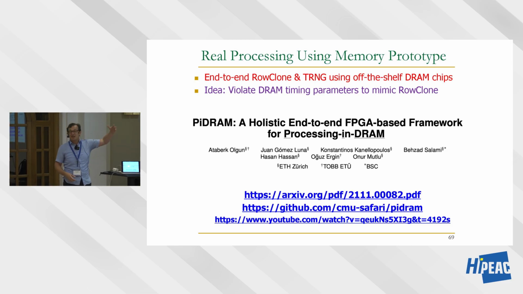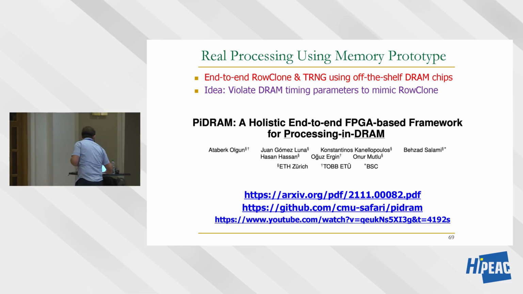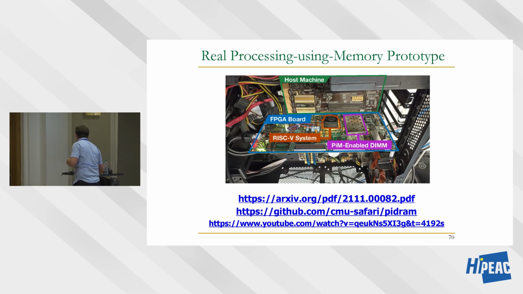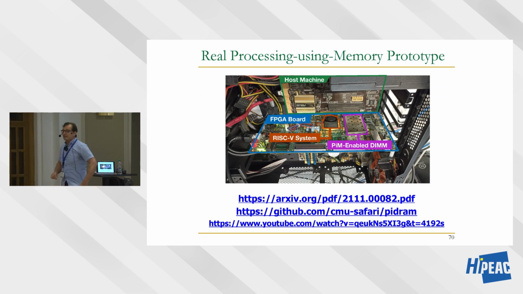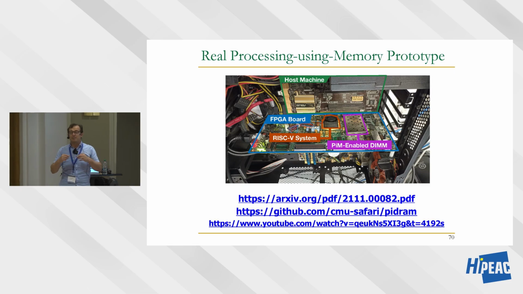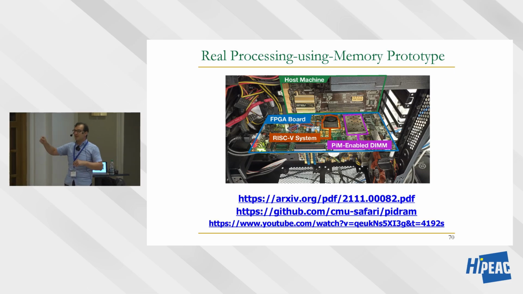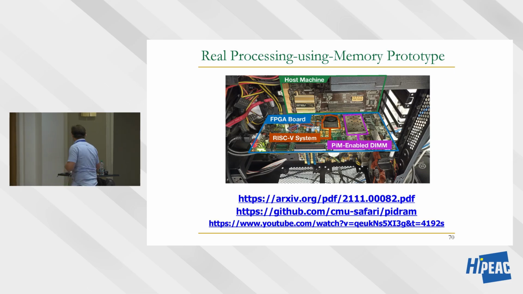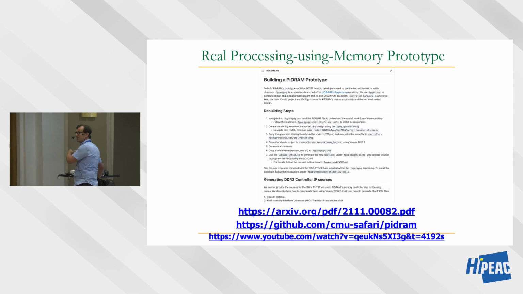And the idea is essentially this. Let me give you the very quick idea. You can read the paper for more detail. We have a RISC-V processor on the FPGA. We have some changes to the operating system, to the allocation, etc., to place data in the same subarray, for example. Whenever the RISC-V processor gets a copy operation, a page copy, it ships it to the memory controller. The memory controller violates the timing parameters to make sure that the data gets copied from the source page to the destination page. And you can actually do this on real applications using our prototype.